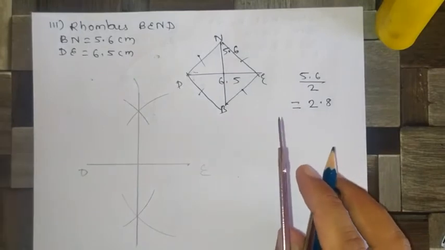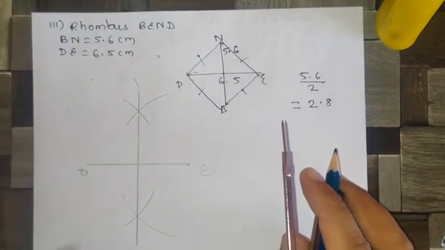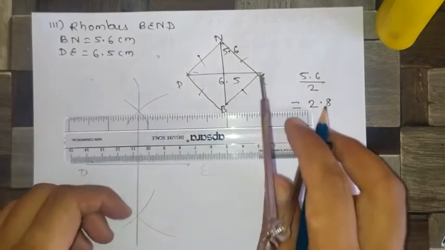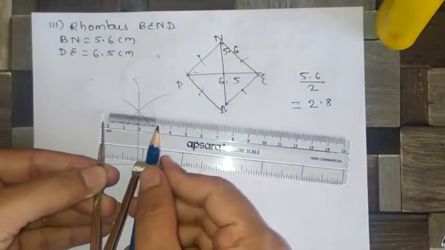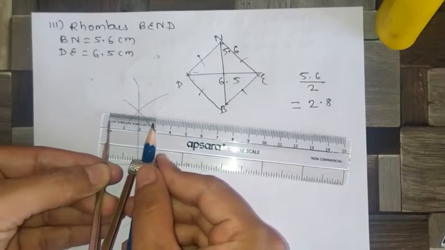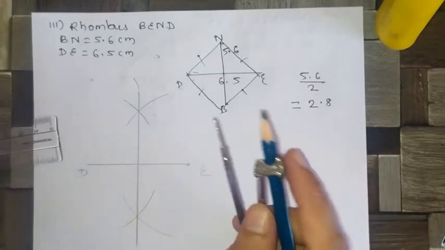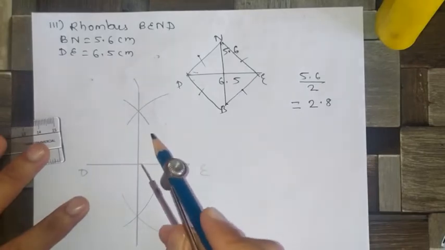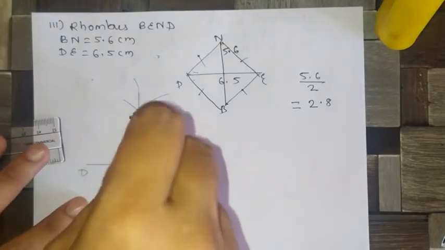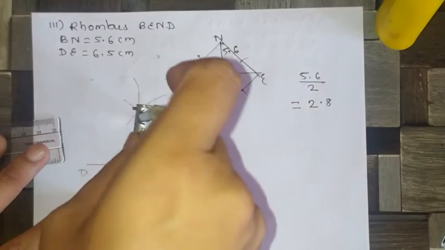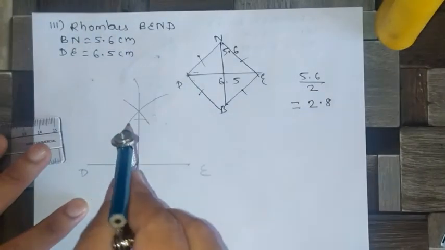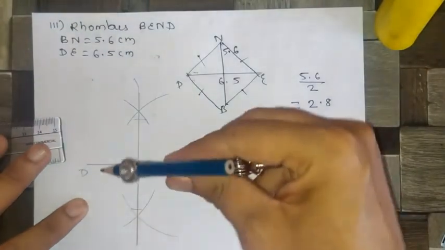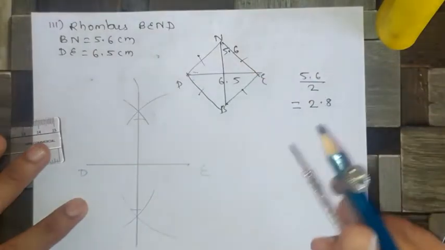Then here we want distance 5.6, that will be equally divided in two parts, 2.8 and 2.8. So you take 2.8 distance by using ruler. Once it is taken, take it in center of the line. Here you make the arc. This point, middle point, you can consider O. Take the arc both sides. So here this side we got the arc and this side we got the second arc.